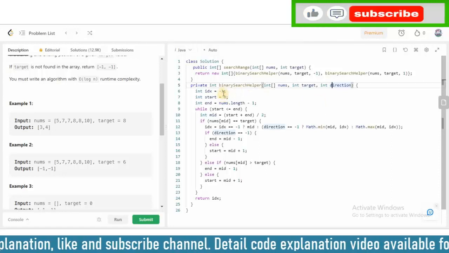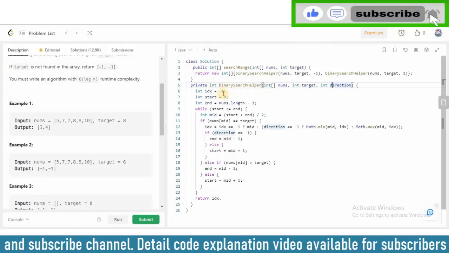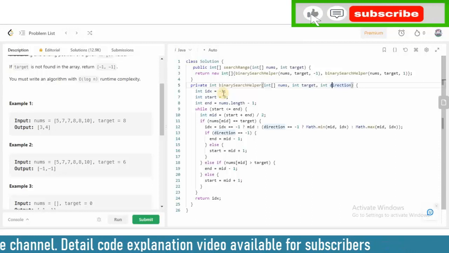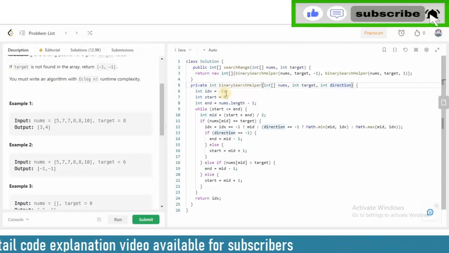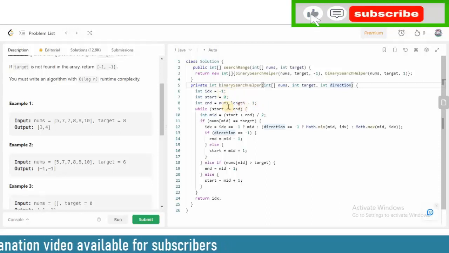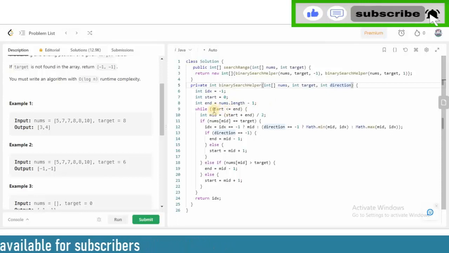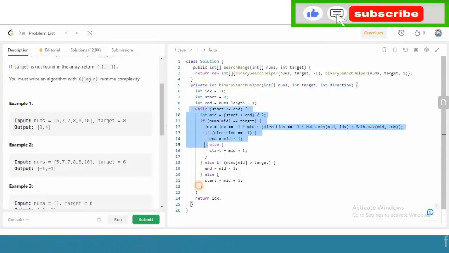Here the starting index is -1, we are starting before the first element. It may be the first element, so we need to start from -1, and the ending is length -1, nums length -1. Here the loop must always be controlled like this. Why? The starting index must always be less than or equal to the ending index. It should not exceed the ending index. So that is the condition we are talking about.